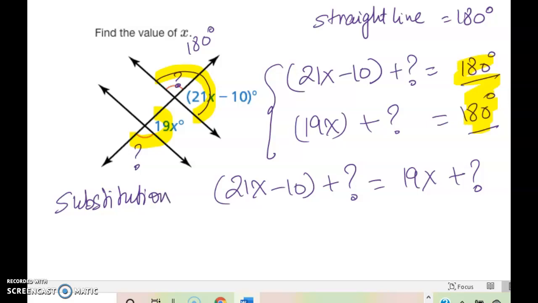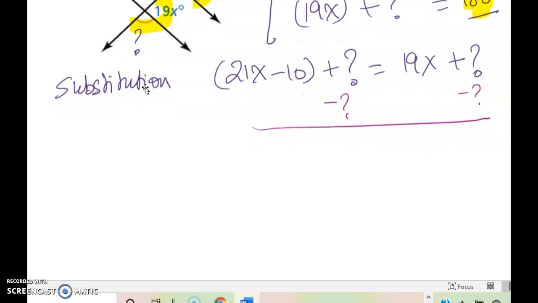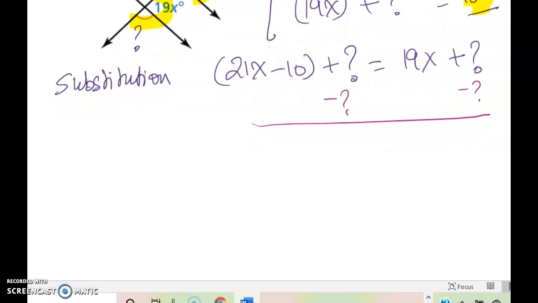Right? Now, look carefully here. 21x minus 10 plus question mark is equal to 19x plus question mark. Let's get rid of the question mark first. So minus question mark, minus question mark. Why question mark? Because let's not introduce another variable. Okay, so we are done with these two. What is our new equation? 21x minus 10 is equal to 19x. Now it's just a simple multi-step equation. I can solve it. What can I do? Let's